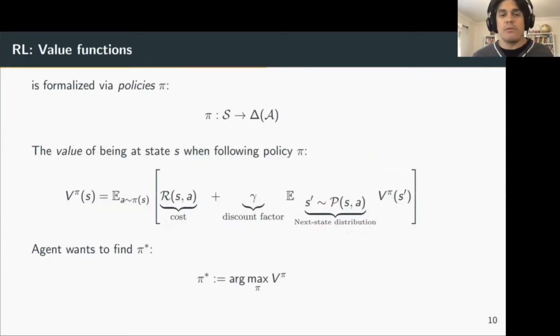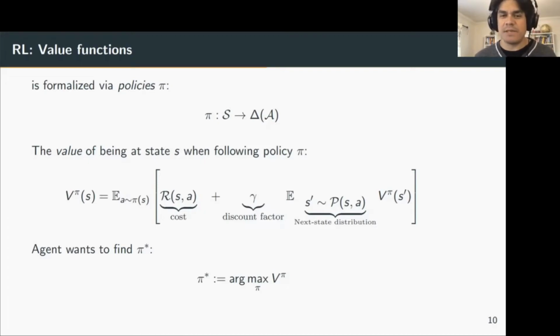In reinforcement learning, we're typically dealing with behavior policies, which we denote as pi, which are mappings from states to distributions over actions. And we can measure for each state what the value of a particular policy is. So if an agent is in state S, we denote the value of that state S under policy pi as V pi. And V pi can be defined via this recurrence, which is known as the Bellman recurrence. It has two main components. The first one is the cost incurred by the particular action choice, where this action A is sampled from the current policy pi. And the second component is the expected sum of discounted next state values.